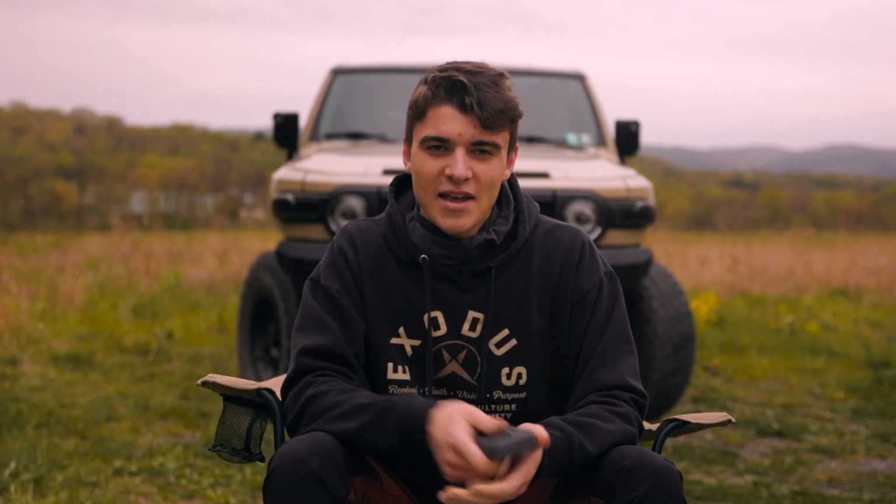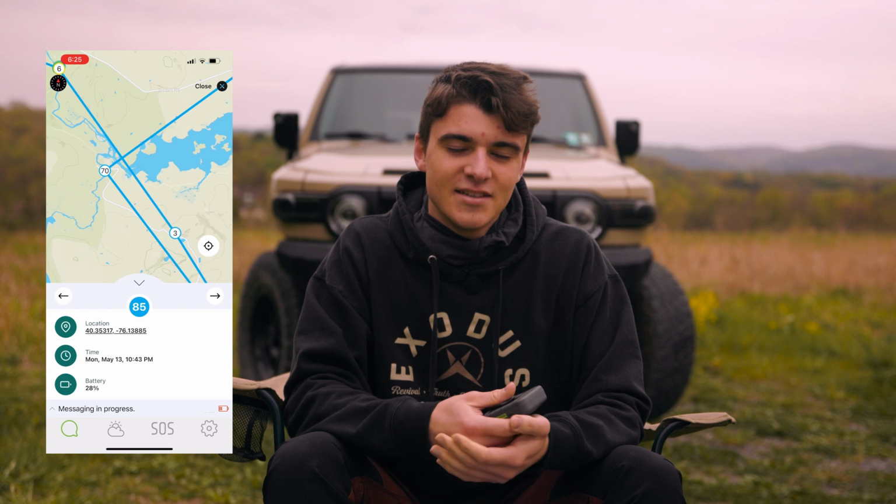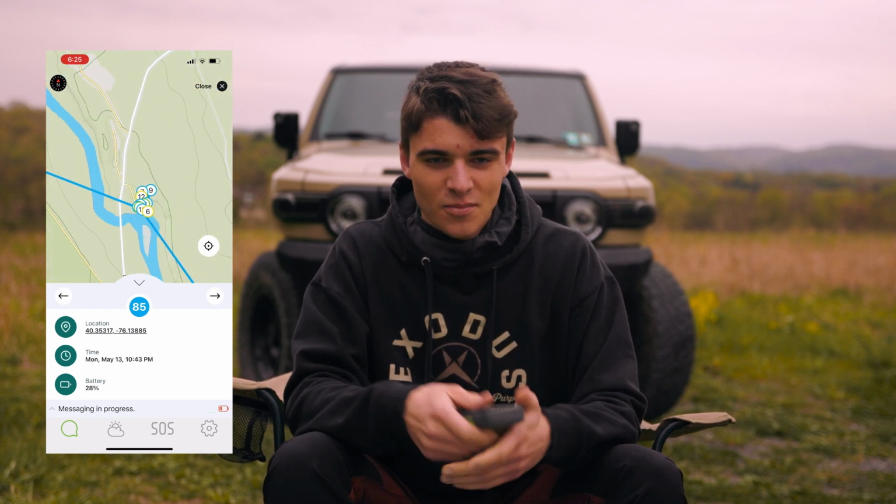It's an add-on, I should say. So for $6 a month, you can do Location Share Plus. And this allows you to send out your location to the people in the app. So how I have it set is every hour, it'll send out my location